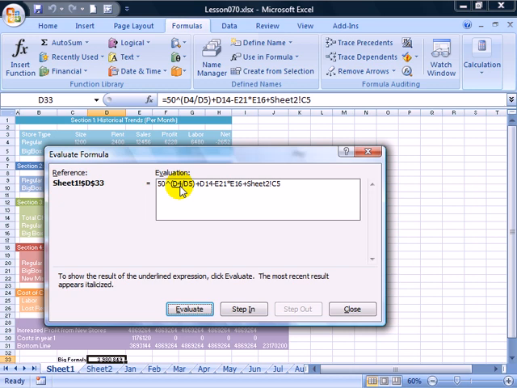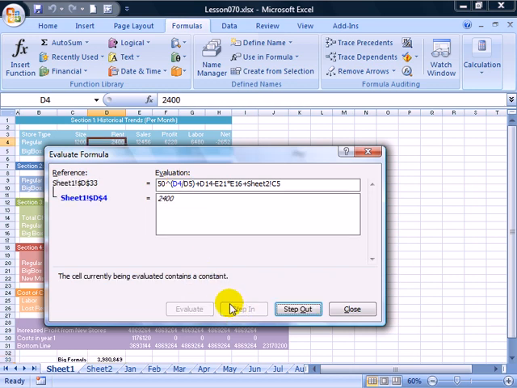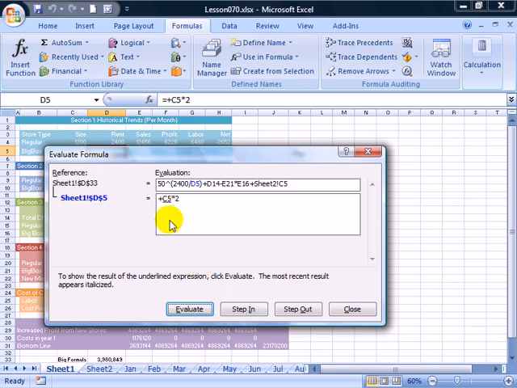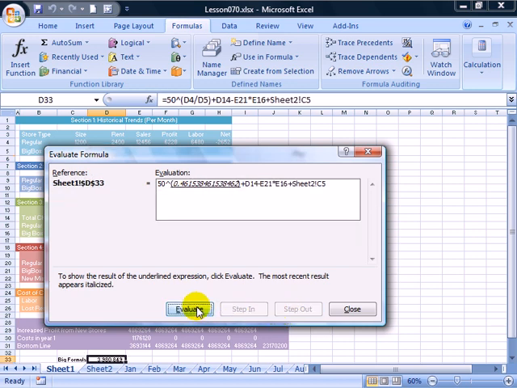So I could directly evaluate D4 by clicking Evaluate, or I could step in and see that D4 is 2500. We'll step out. D5, let's step in, and I'll see that that is C5 times 2. So we can evaluate C5, evaluate the product, and then step out. I can basically go through and evaluate this formula in slow motion, understanding exactly in what order it's calculating the